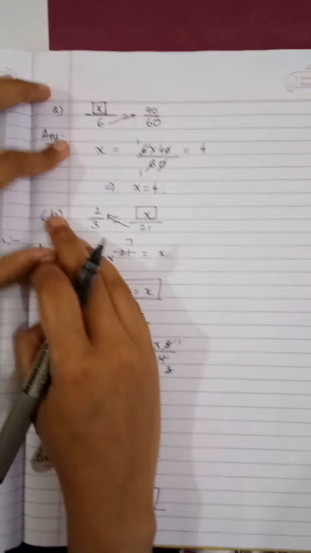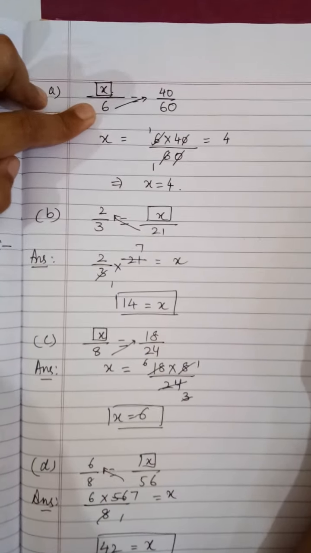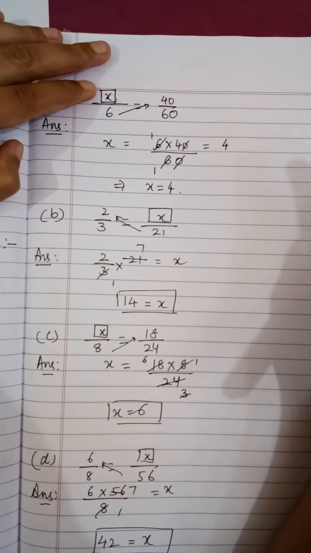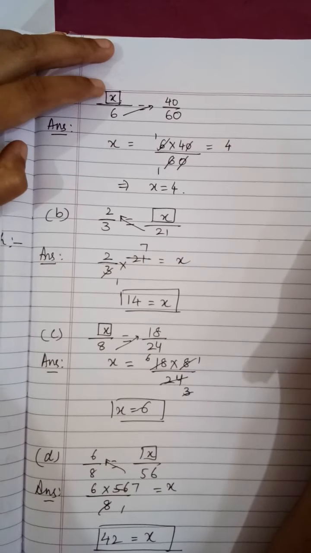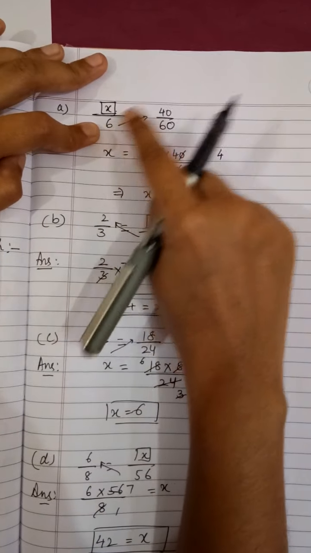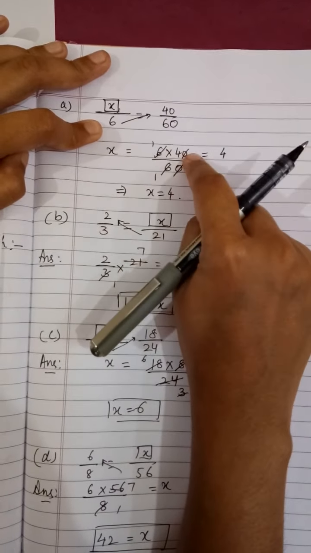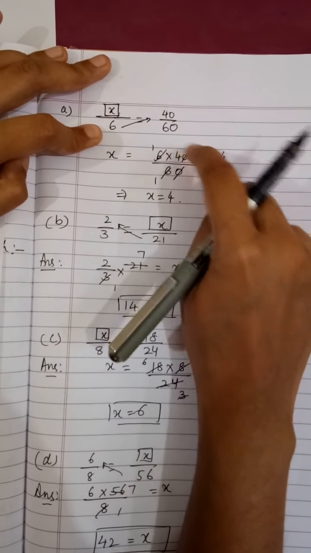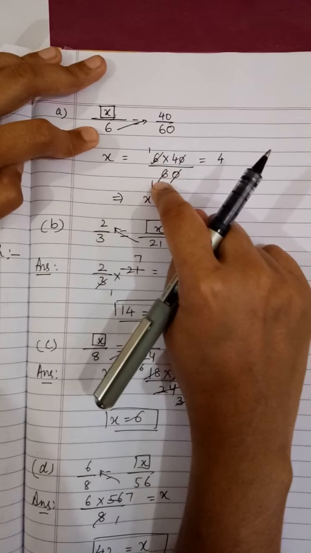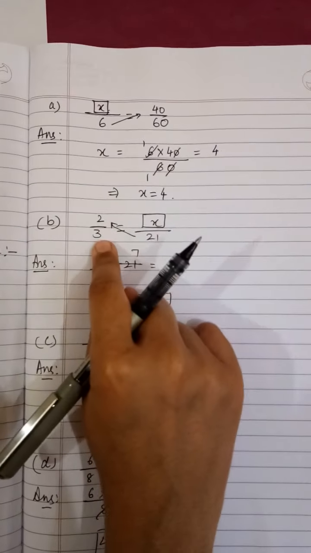Okay, see here also. x upon 6 is there, because this 6 is in the denominator of the number which we have to find. So I am going to keep this number alone, and 6 I am going to take to the other side. 6 I am going to multiply by 40. 6 into 40. Then I am going to solve it. 0 and 0 cancelled. 6 ones are 6, 6 ones are 6. These both are going to cancel. What is left here? 4. Now see the B part.